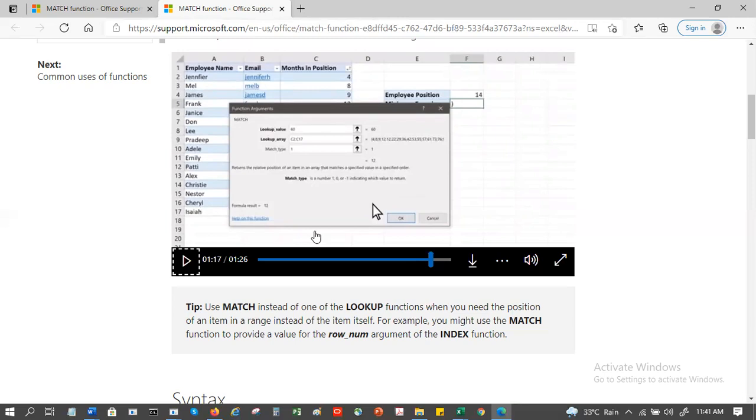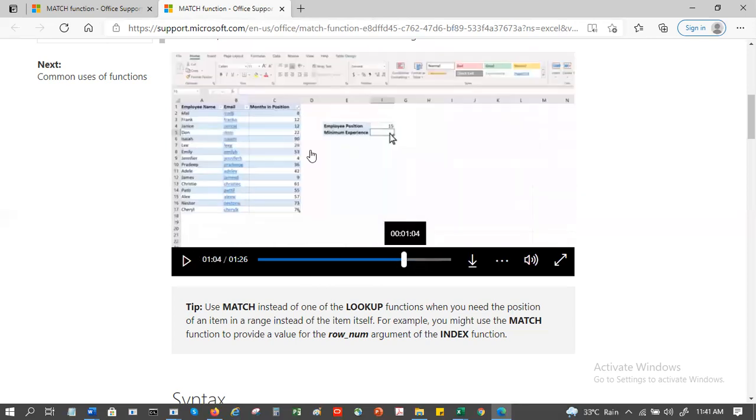And his lookup value is 60. So he's going to look for the value of 60 in this list. And -1, +1: -1 is less, +1 is more.